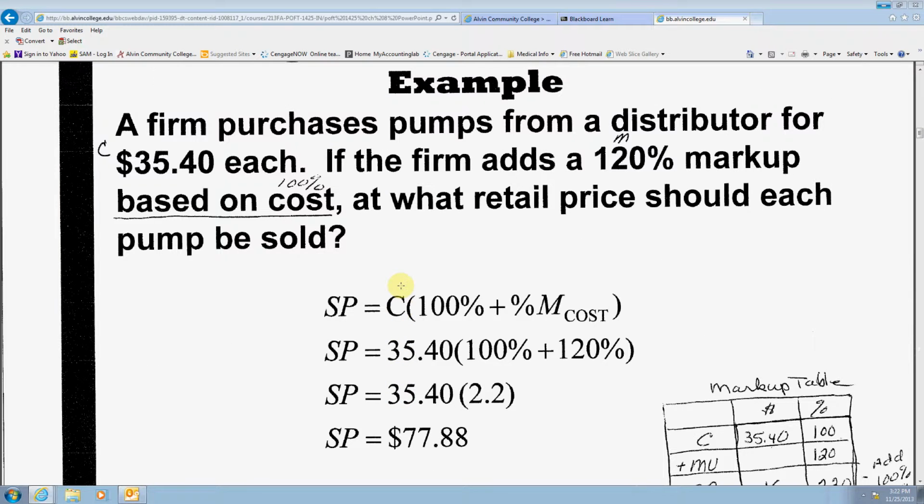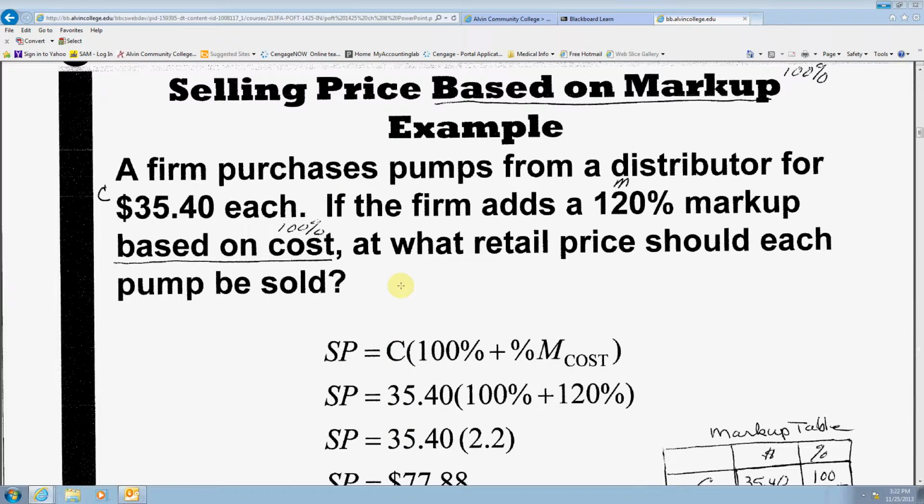The next one is going to be selling price based on markup. Whenever you see the term "based on," you know that is the part that's set at 100%. A firm purchases pumps from a distributor for $35.40, so that is the cost. If the firm adds 120%, that's the markup, based on cost, cost is 100%, at what retail price should each